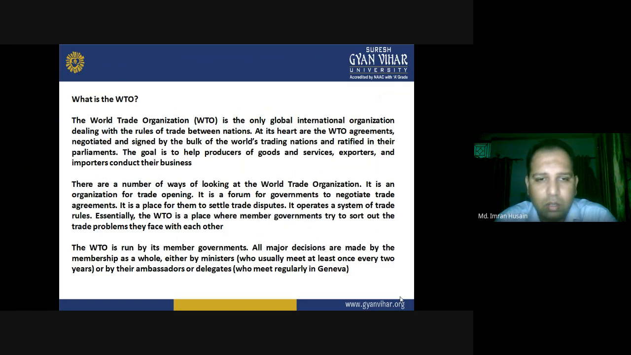It is an organization for trade opening. It is the forum for government to negotiate trade agreements. It is a place for them to settle trade disputes. It operates a system of trade rules. Essentially, the WTO is a place where members of government try to sort out the trade problems they face with